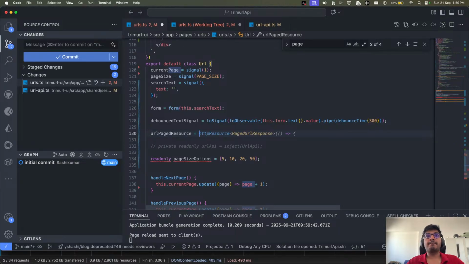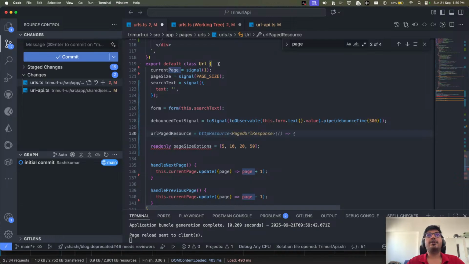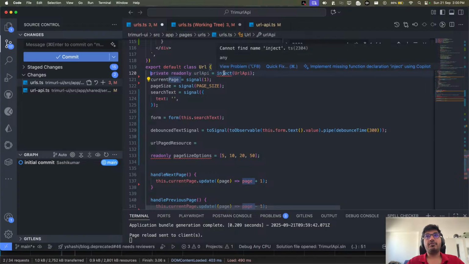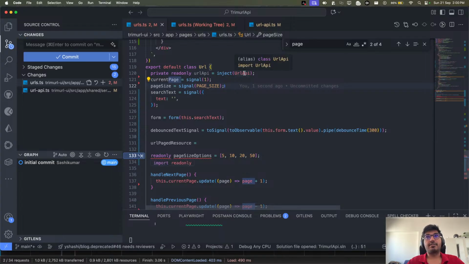Okay, and now I can put this dependency injection on the top, and I can uncomment this. Because this is coming from my service, correct? So I have created my API URL service.